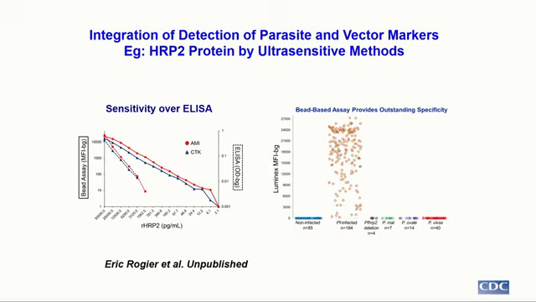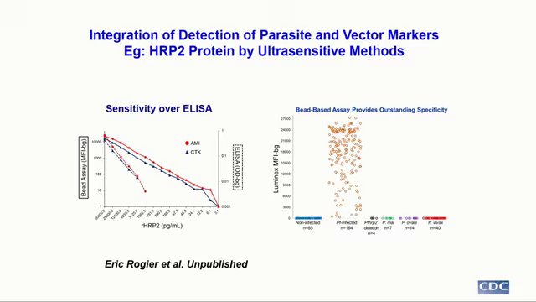These two curves represent two different recombinant antigens of HRP2 detected using ELISA. The detection limit is about 1500 picogram per ml, whereas with Luminex it can go down to 3 picogram. At this level, the sensitivity in parasitemia goes to closer to 1 or 2